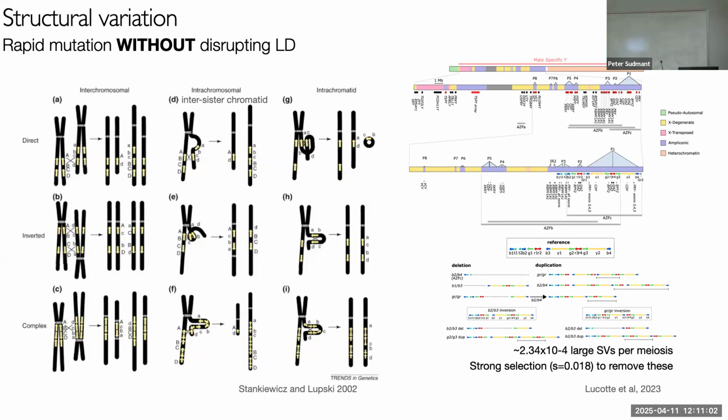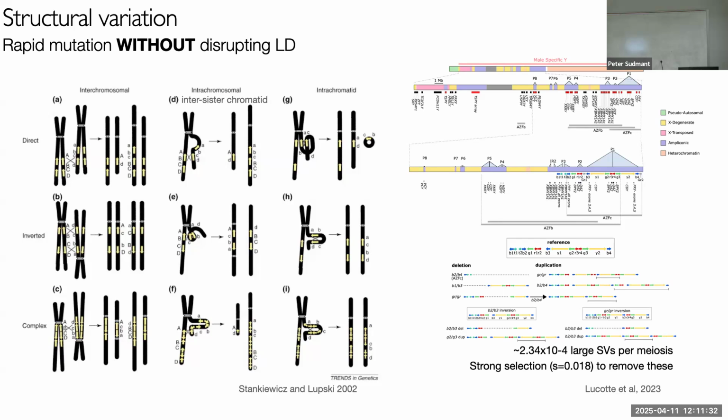People who are familiar with this and know about how structural variants occur through non-allelic homologous recombination, we usually think of it happening like this, with two homologs, right? And these two homologs mispair, and that mispairing results in one homolog that has more copies and one that has fewer copies. And that does happen, but that will disrupt LD. So you should be able to see a signature of that in linked SNPs. GWAS should work. Turns out this is actually rare.